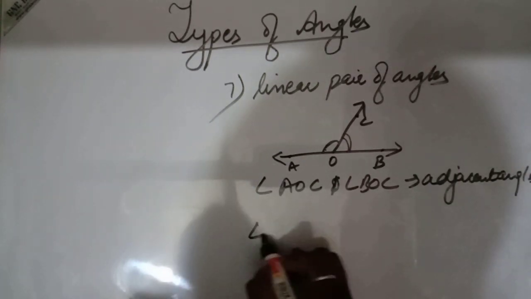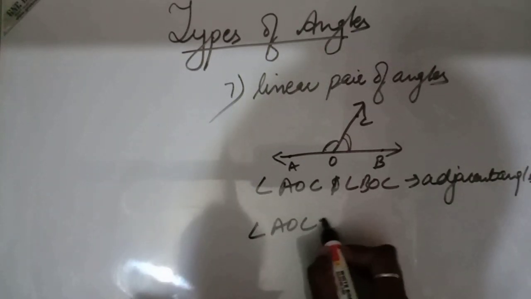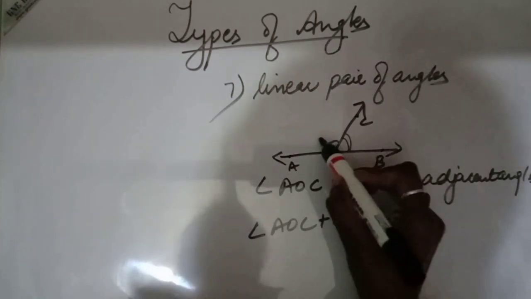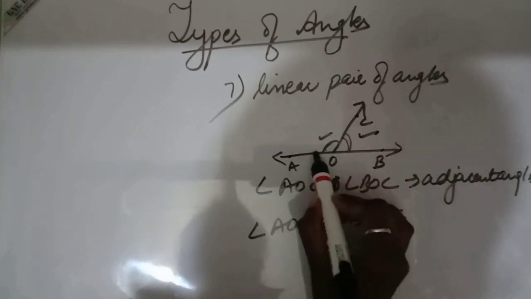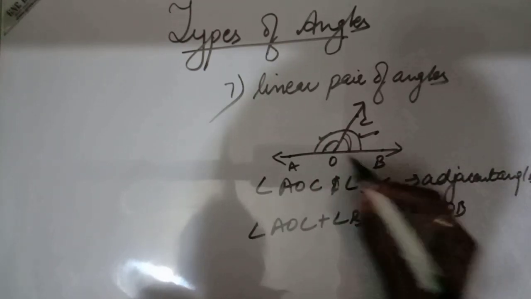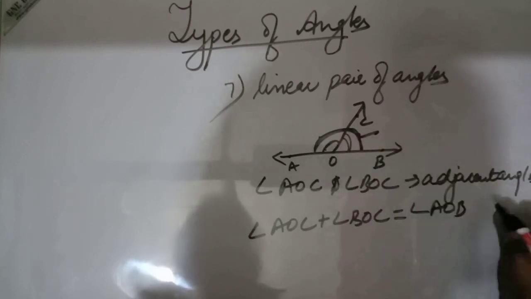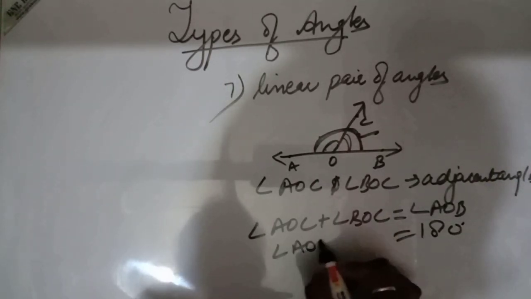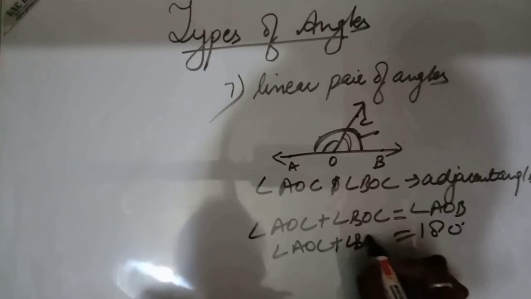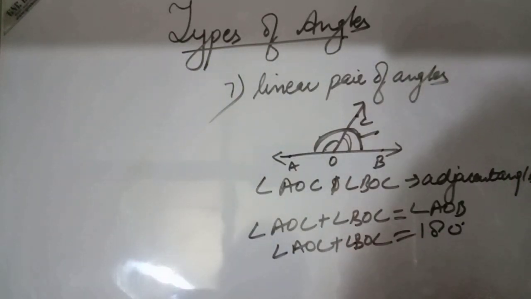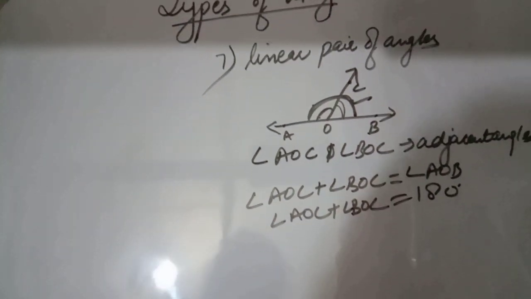If we add both the angles, if we add this angle and this angle, it will form this angle AOB, this whole angle, which is equal to 180 degrees. The adjacent angles which form a straight line, or whose sum is 180 degrees, are called a linear pair of angles. We have also studied about